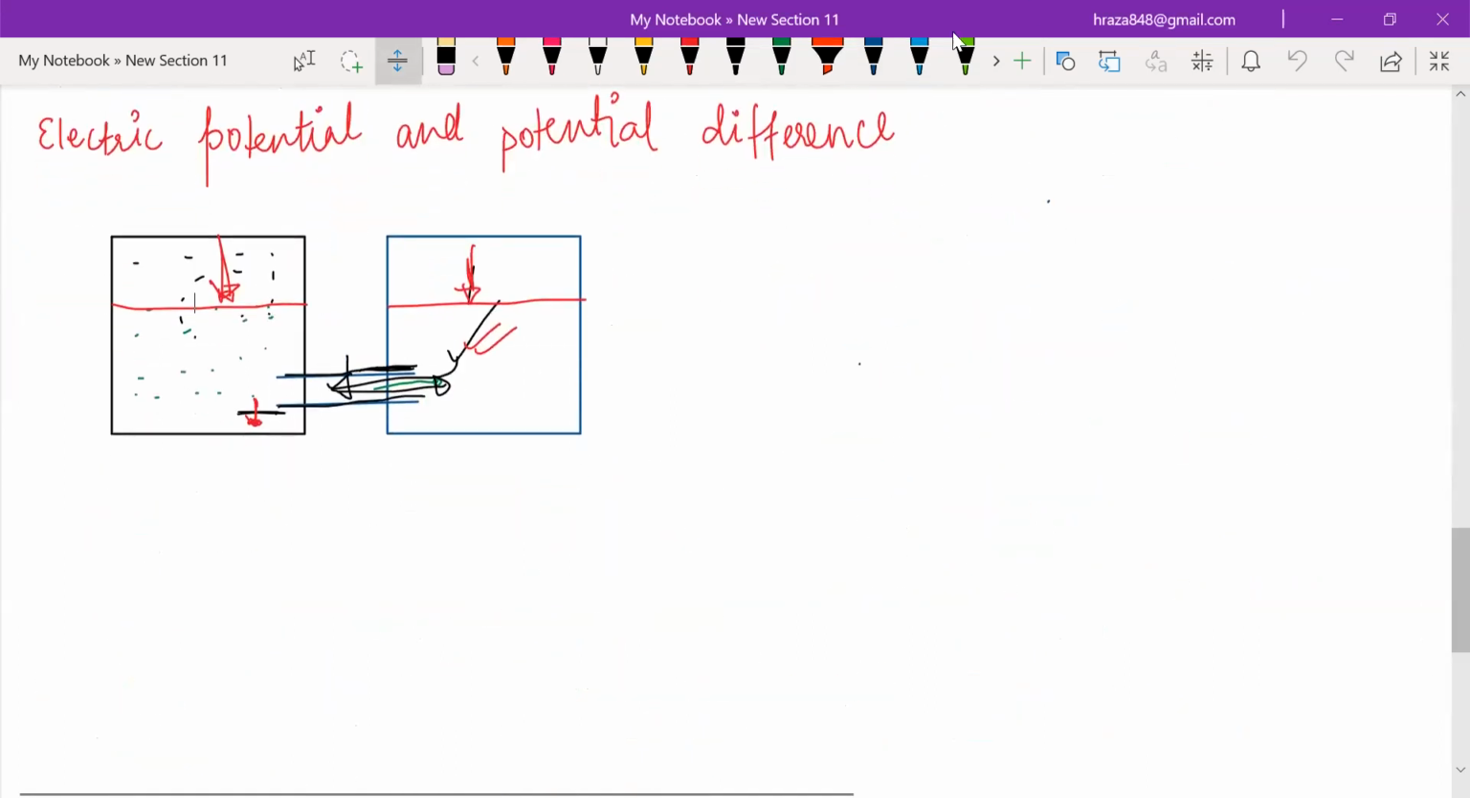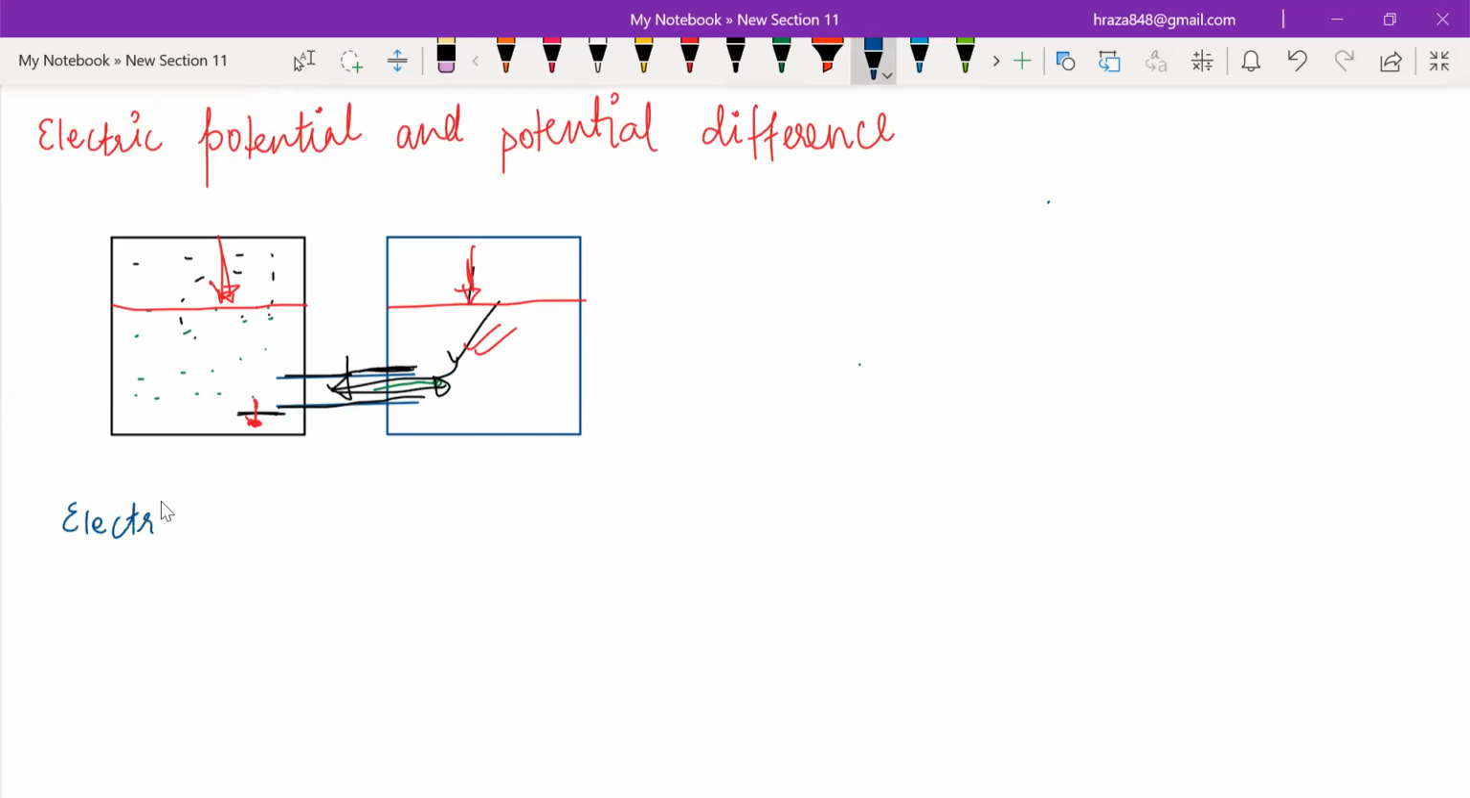So I was going for electric potential and potential difference. Now is the time I'm going to define what electric potential or potential difference means. Just write with me: electric potential, or you can easily say potential difference also. Electric potential difference